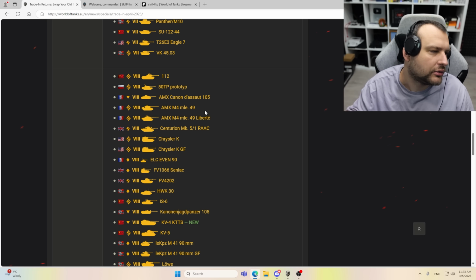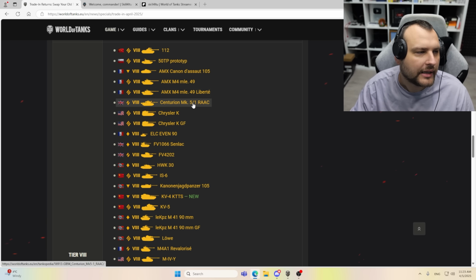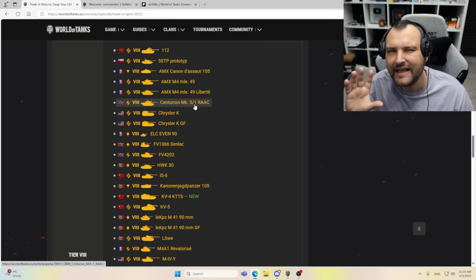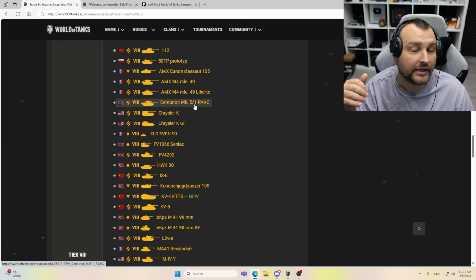It's not a super good tank, but it is still fine. But keep this in mind, that you can get one from the Bond Store. Centurion 5/1 Rack. I think it is kind of an alright tank, but it's not the best. I think this tank is actually sitting somewhere towards the average or a bit above average territory, although I